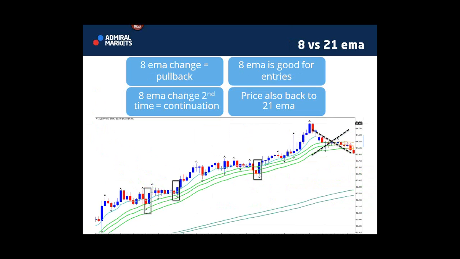But you don't have to use them on all time frames. You could choose to say, I only use moving averages on one time frame. I only use them on the 4 hour, or only on the 1 hour, or I use the trend moving average on the 4 hour and a momentum moving average on a 15-minute chart, and have the 21 EMA on the 4 hour and an 8 EMA on a 15. You can play around with those things and see what you feel comfortable with.